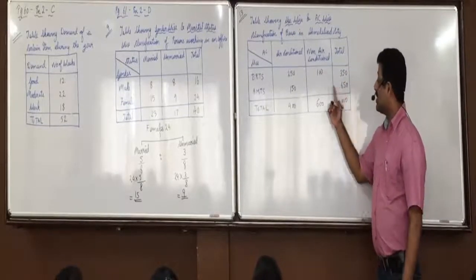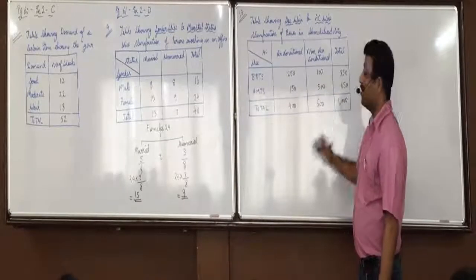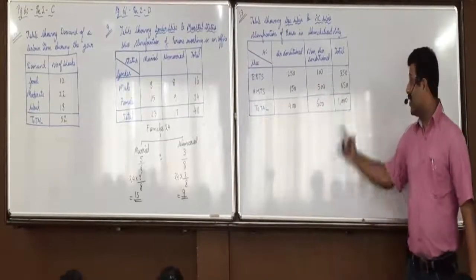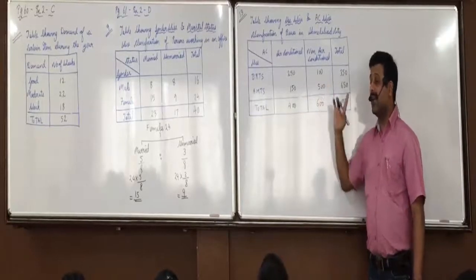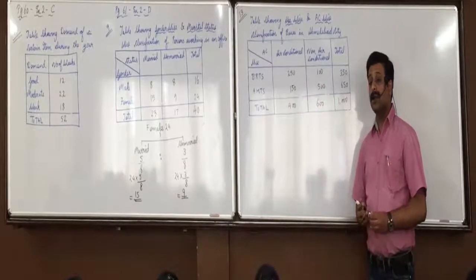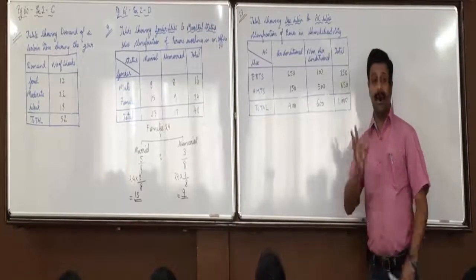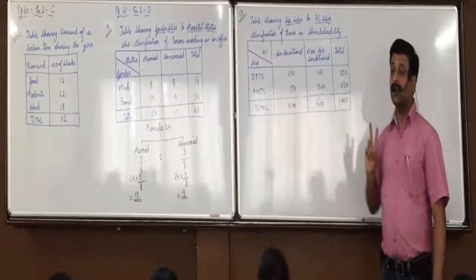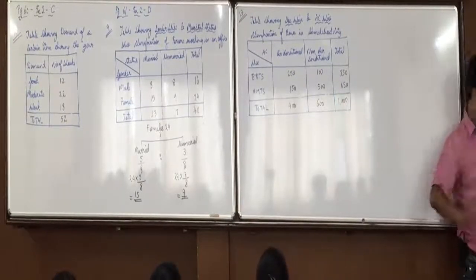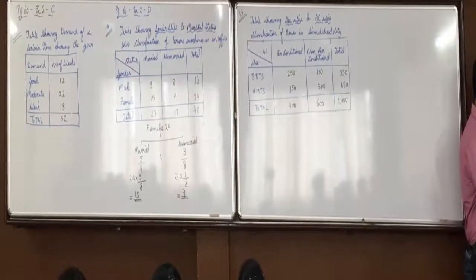Yes, either you can do 650 minus 150 or 600 minus 100. Both ways you'll get 500. Even if you do 650 minus 150, you'll get 500. When you do 600 minus 100, you'll get 500. Understood this procedure, everyone? So, as I said, if you go systematically, it is not difficult. With every one figure, try to obtain at least two figures. Got it, everyone? Two questions are in homework in tabulation.